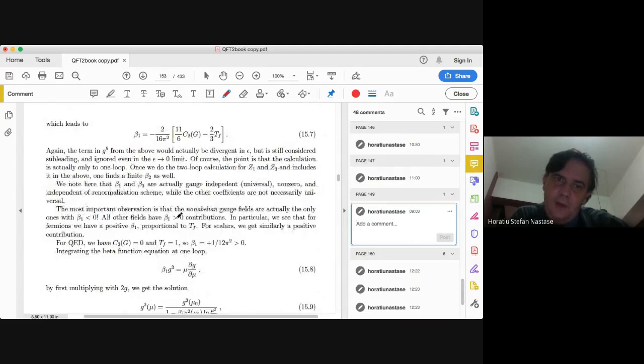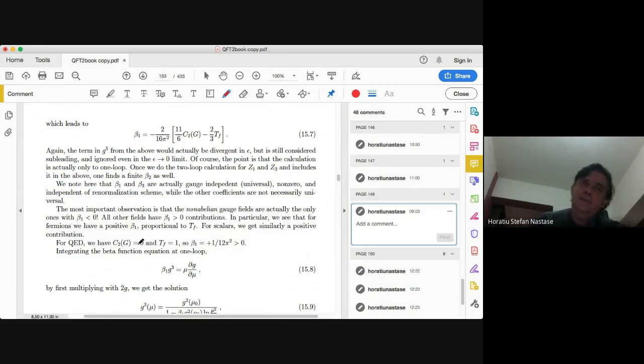So why do we say non-abelian? Because we've calculated the QED contribution at 1 loop to the beta function, and we've seen that it's positive if we consider the electrons. And the point is that C2G is 0 for the abelian group, for U1,